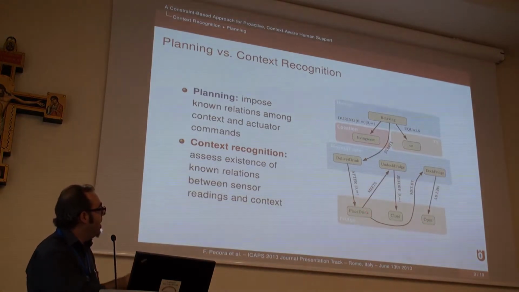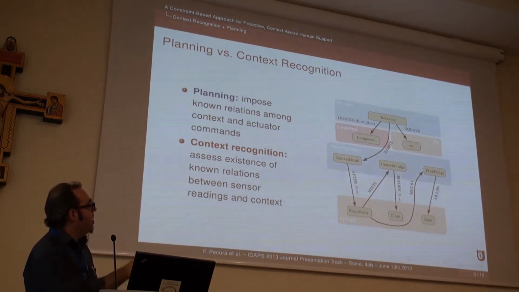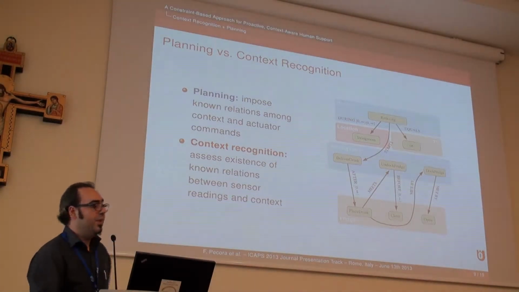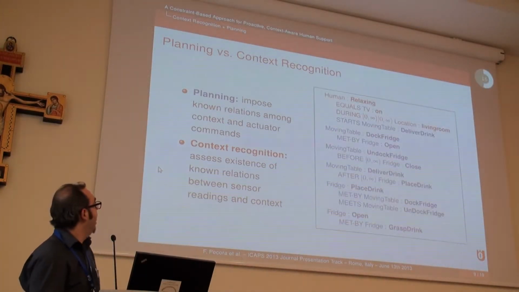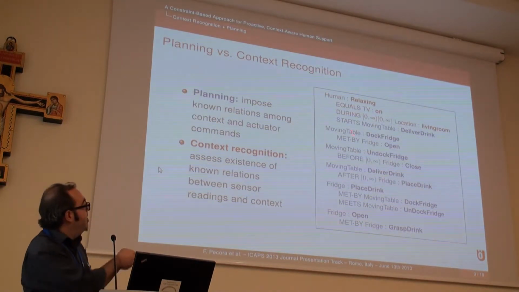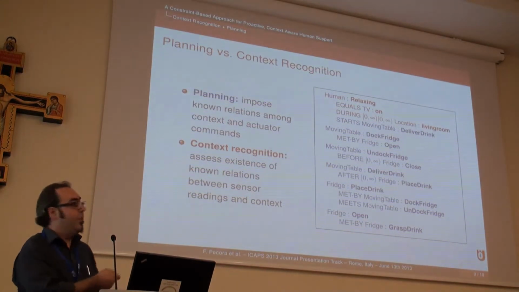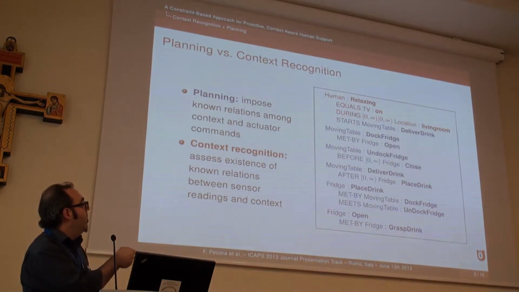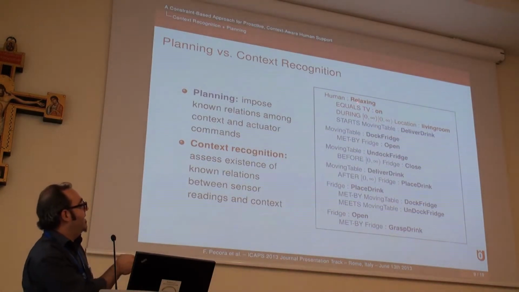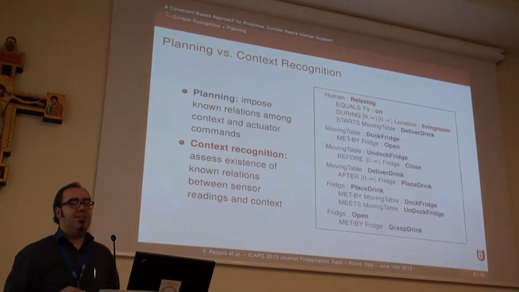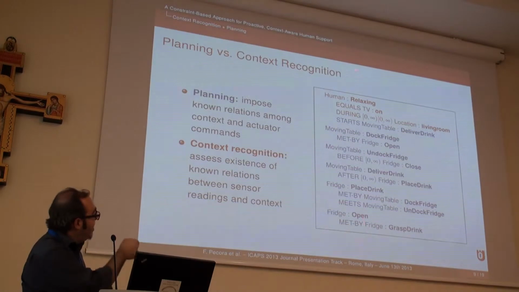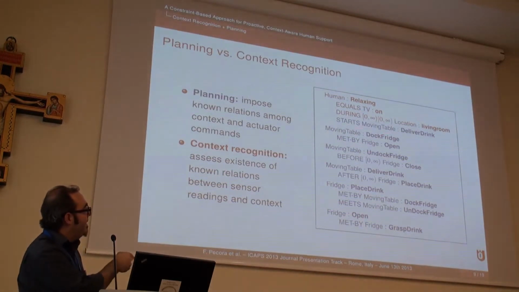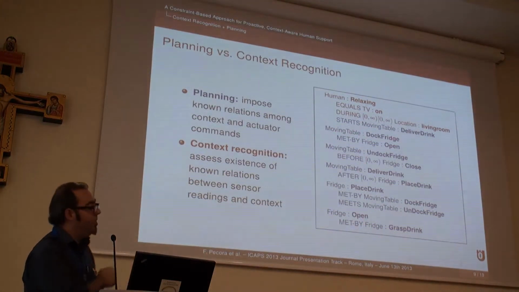And essentially, we propose a series of processes that work around constraint networks in order to build up both context and do planning at the same time. And the model, and this is an important point, the model that we use is the same model. So within the same domain, we can represent requirements for recognizing context. Very, very simple example here. Okay, you're relaxing if this is during the time that you're in the living room and it equals the time that the TV is on. Okay. But this is in the same domain, it's directly connected, again, through relations of this sort to the rest of the domain.